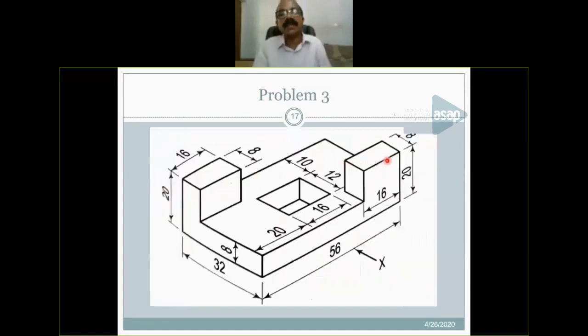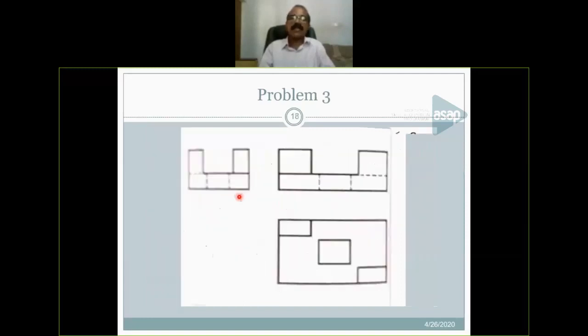Another figure. You see here also they put one arrow. So based on this arrow, you have to draw the elevation. So first you draw the XY line, then you consider the surface. This is an L-shaped object. So this L surface we can see. The other surfaces are not visible in the front view. And here this part, this surface also you can see in the front view. You see the figure. So this figure represents the elevation.